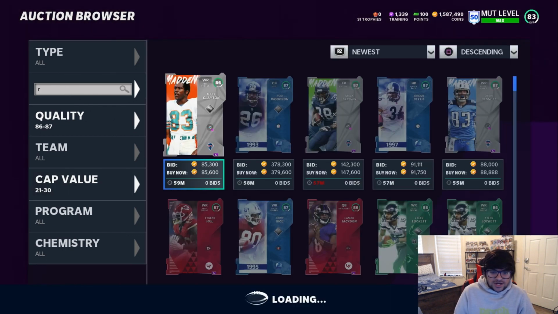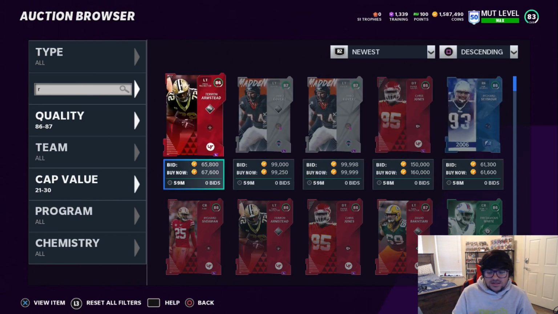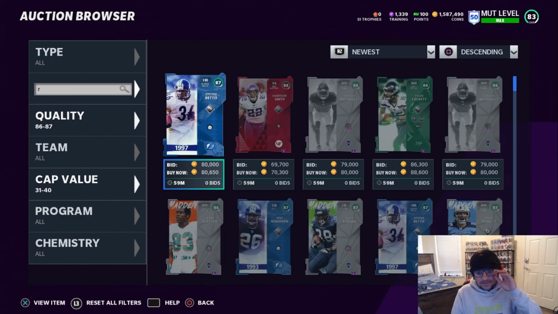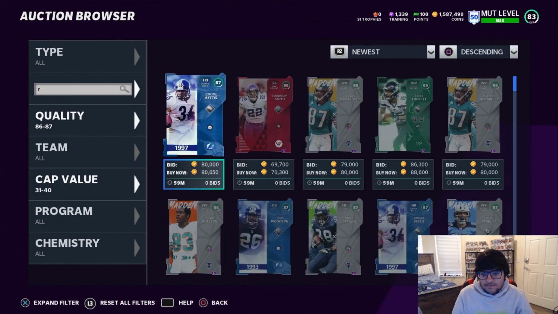Mostly you want a letter that has both Dan Marino and Richard Seymour in it. Those are the cards that show up the most on this 86 to 87 filter. Of course, I'm not talking about the other ones. On the other ones too, you're looking for those cards also, but